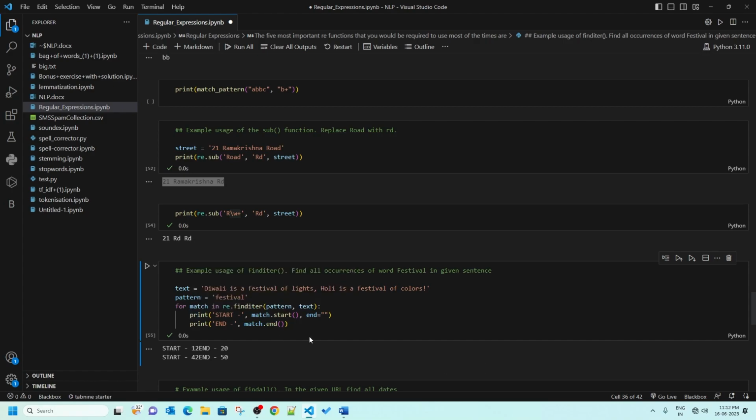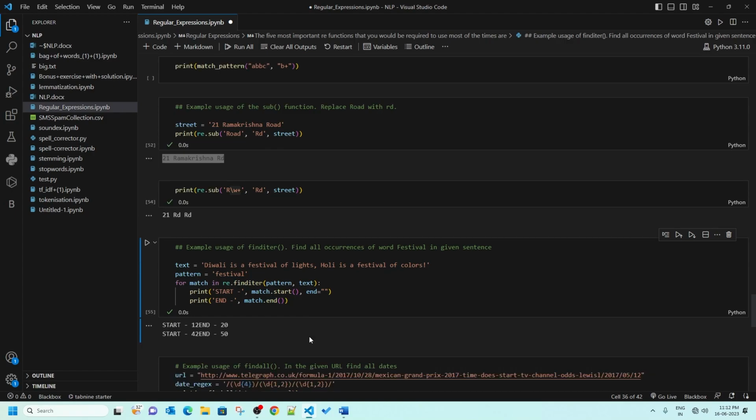Using this match one. Okay. So now see what is happening here. We are printing star. Okay. And the pattern is festival and end equal to,